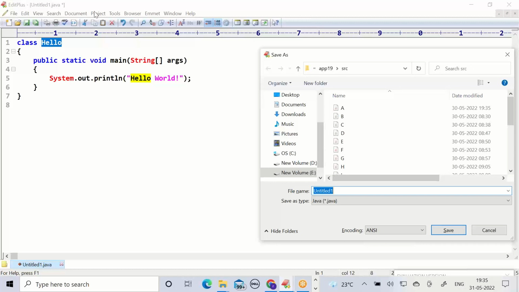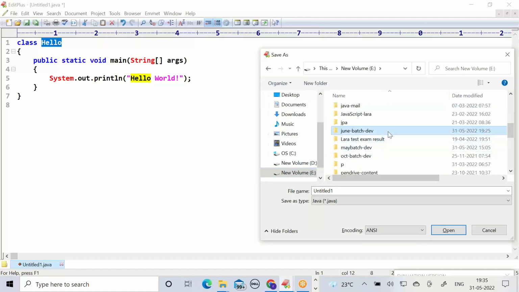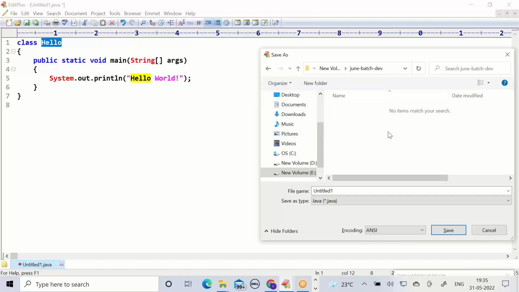First one is location. We already created one folder. Go to the E drive, in my system, E drive. June batch DEV. This is the location. Select the location.